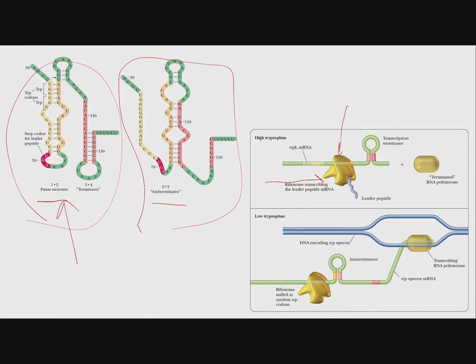Again, this keeps the process going. So depending on the speed of the ribosome and which of these hairpin loops actually forms, we get differences in the